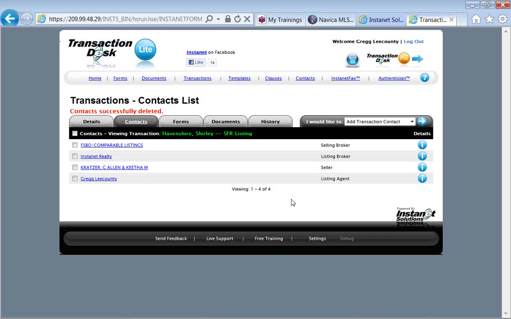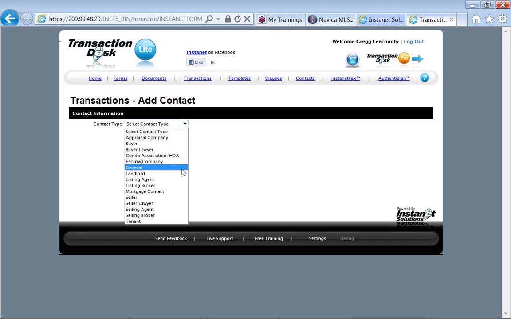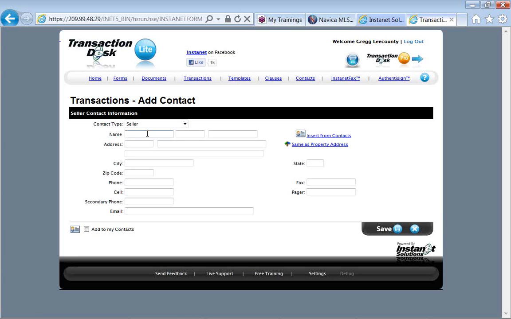So now that we have removed the previous listing agent and broker, we want to add Shirley to our transaction file. We want to add our contact. I would like to add transaction contact, but again, pointing out these drop-down menus, essential features of your TransactionDesk account. I would like to add a new transaction contact, clicking on the go arrow, and we're going to add a seller type. Contact type, in this case, is a seller. We're going to select seller from that drop-down list. We're going to add Shirley Havenshire as a seller